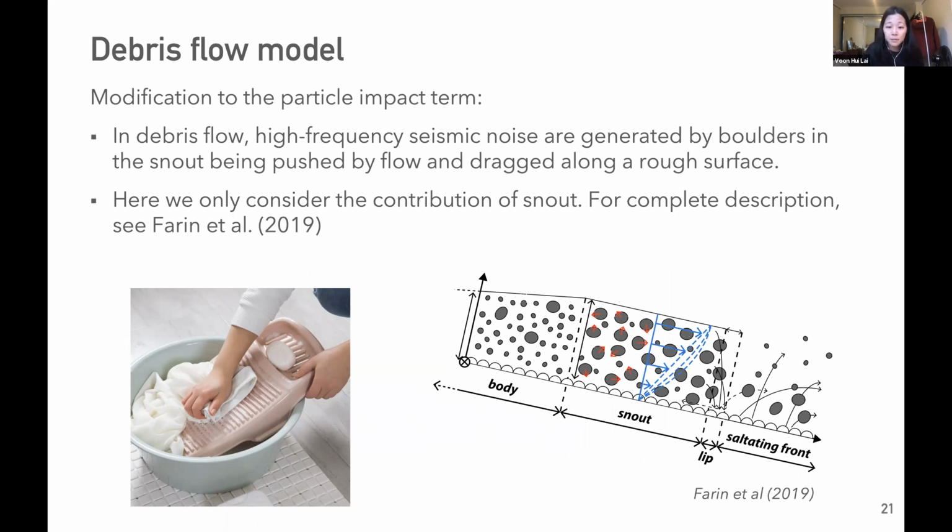But the debris flow does have multiple regimes which can contribute to the high frequency signal. And since we published this work in 2018, Maxime Ferrin et al. have updated this and further investigated the impacts of all the elements. So with that, I will refer the audience to their paper in 2019.